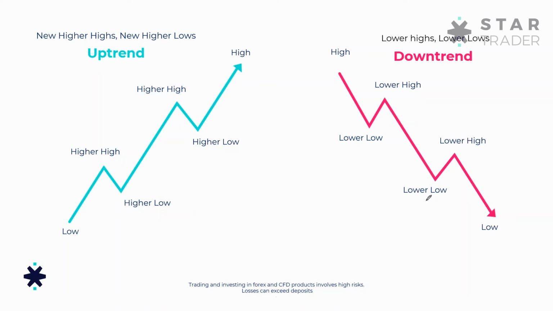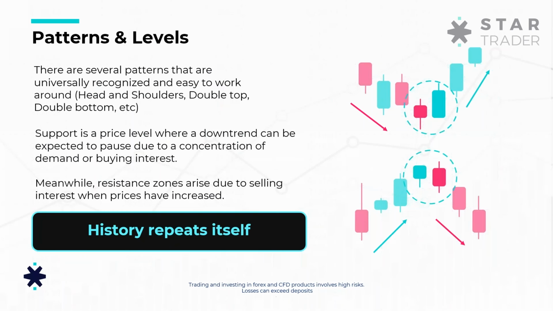That will lead us to the point that I started this topic with, which is the patterns and levels in the market. So, the patterns and levels. Wherever we are reading anything about the financial market, you hear words like head and shoulders, double bottom, double top. We can say support, resistance, pivot point. What does that mean exactly? Here we'll be talking about it.